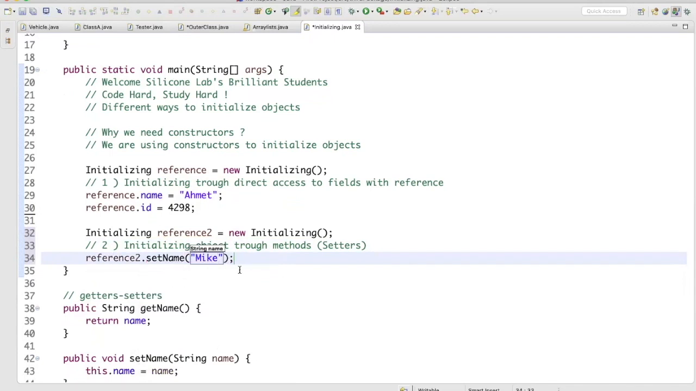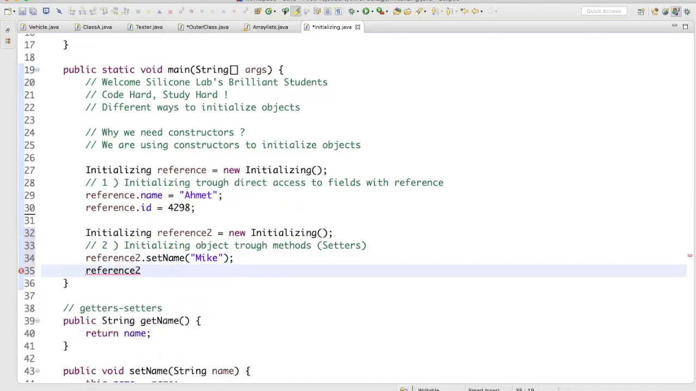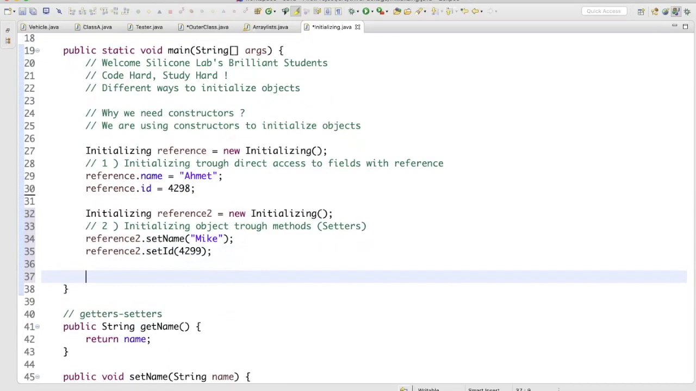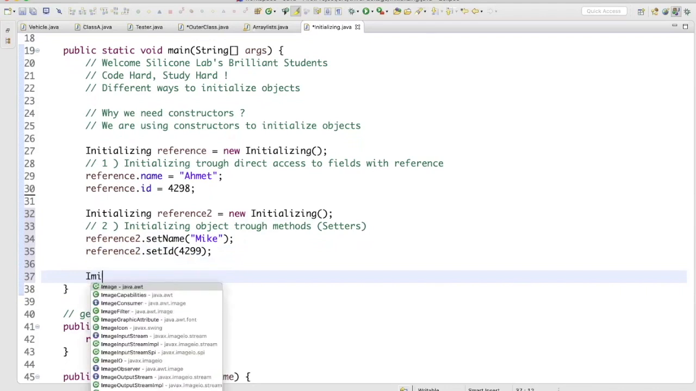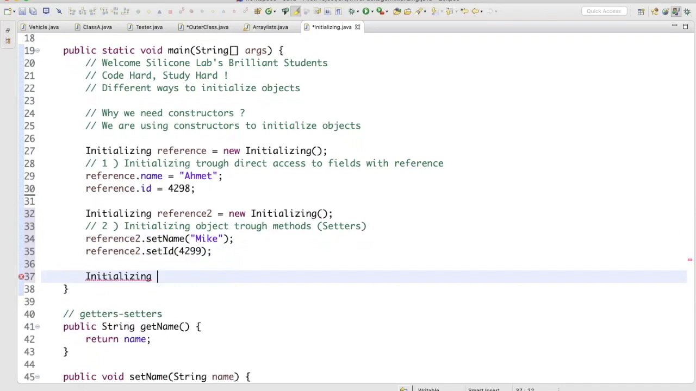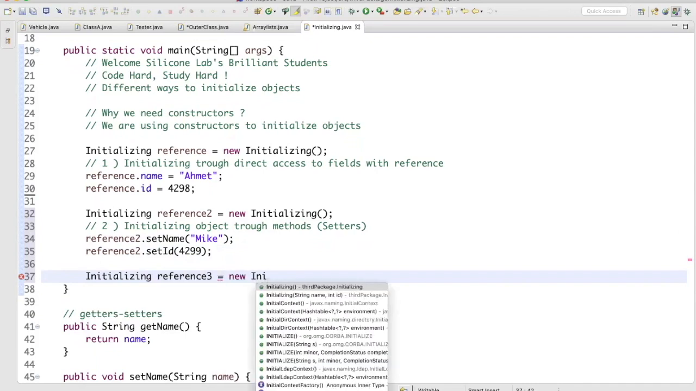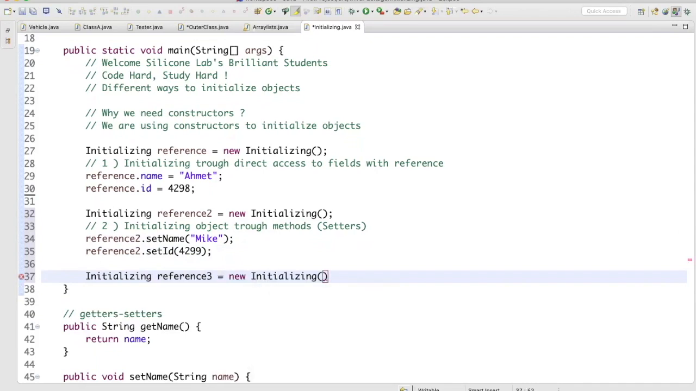It's going to be Mike, and reference to that set ID 4299. Third way to initialize the object is I am going to use 2 parameter constructor, and this 2 parameter constructor is going to initialize my object. So this is reference 3 equals new initializing. Instead of non-parameter constructor,